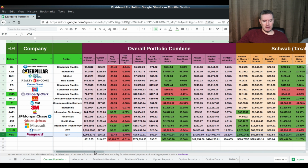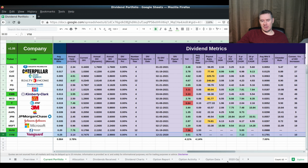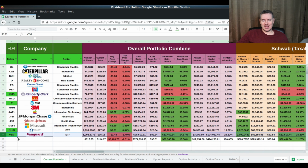And I think my yield on cost, let's see what my yield on cost on VYM is, 3.61%. So that's not bad, it's reasonable. Considering where it pays right now, 3.14. But I did render some profits out of VYM recently, about 400 shares of VYM, and that all went into NUSI, and I did a video on that, but I even rendered a little bit more out of it